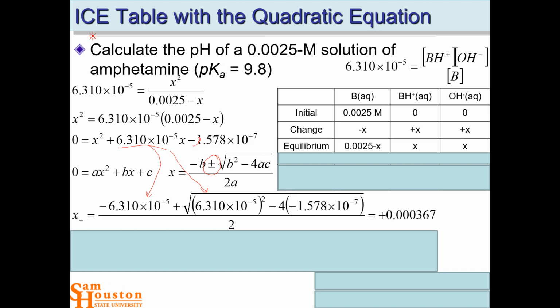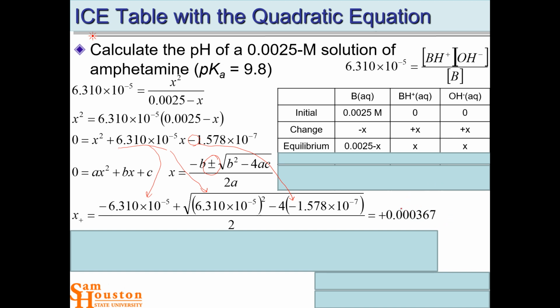Do not lose that minus sign. Okay, so that's right there. You lose that minus sign, and a lot of times you can't take the square root because you have a negative number under the square root. And you're like, uh-oh. That's a big indicator that you've done something wrong if you get an imaginary root. Although sometimes you can have imaginary roots, you won't have them in these problems. And divided by 2a, so a is 1, so divided by 2. So we get this concentration of